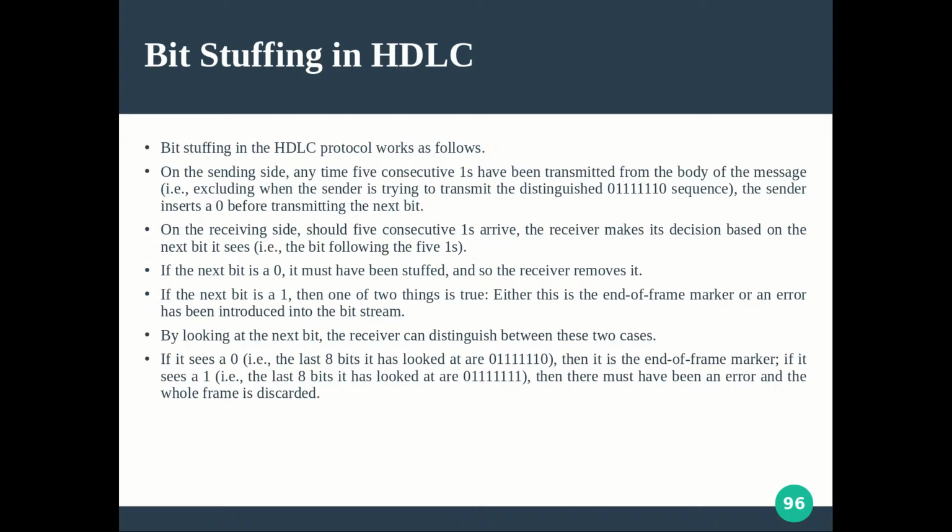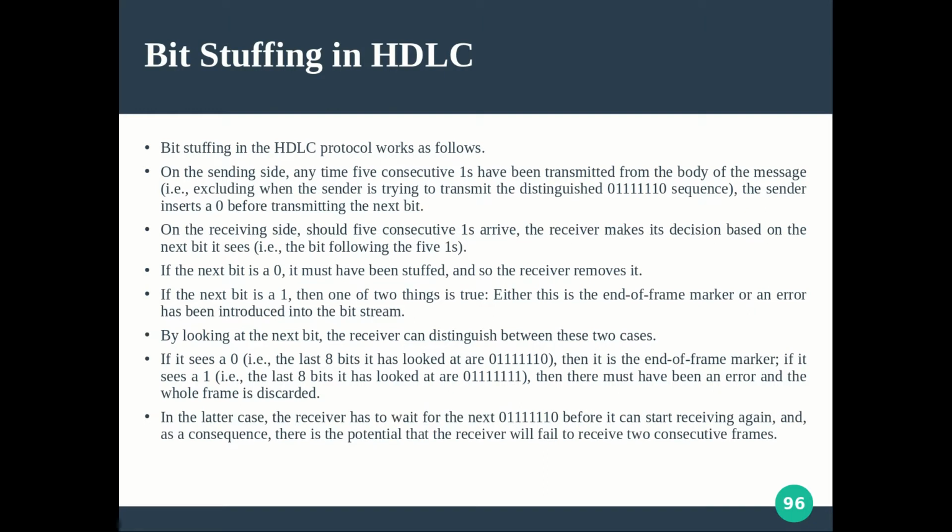Now if that 7th bit is a 1, it is not going to be a valid pattern, right? That means 8 continuous ones, because 6 ones then a 0 is our end delimiter pattern, and if 5 ones are coming, definitely the next bit you are going to stuff as 0, and here that stuffed 0 could have been changed to 1, something like that, because the 7th bit is erroneously changed from 0 to 1. Anything can happen, then there must have been some error and the whole frame is discarded. That is the only way the receiver can detect the error.